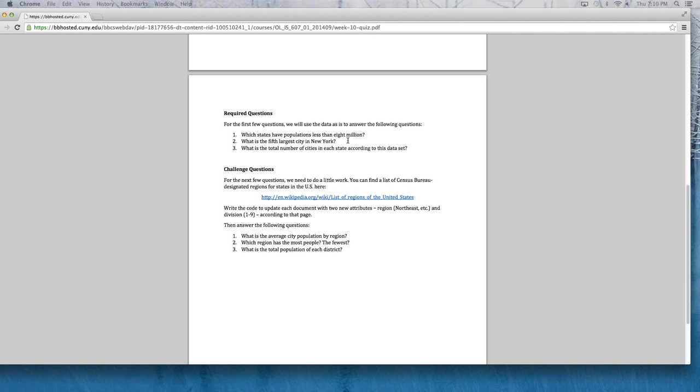These are all expected to be done using the aggregation pipeline rather than MapReduce. So they should all be reasonably easy to do using the aggregation pipeline. If you're interested in taking it to the next level, Wikipedia, the world's most reliable source of information, has a list here of